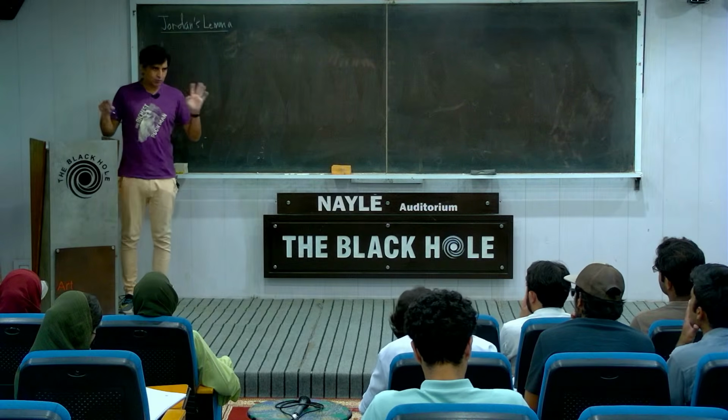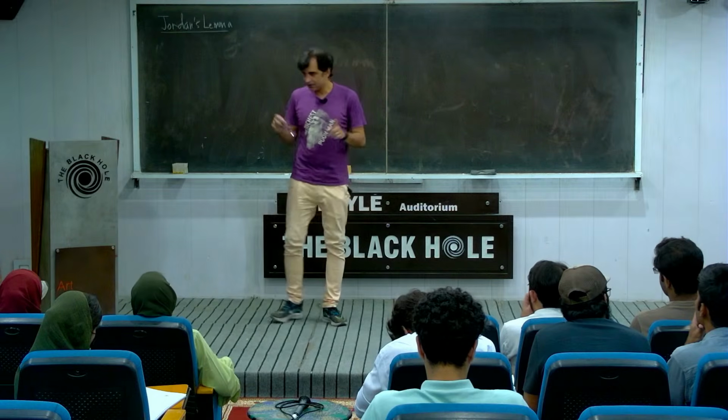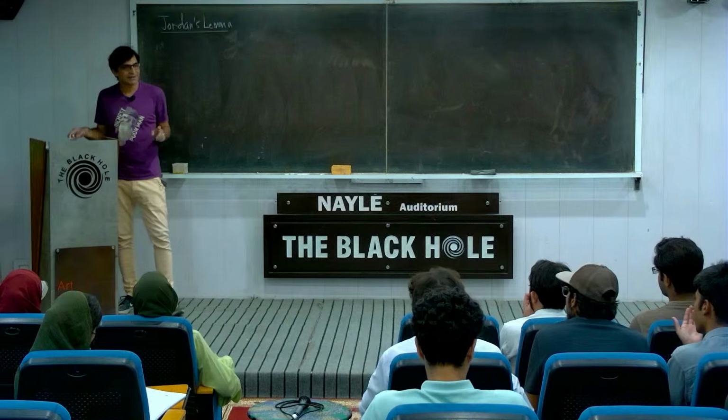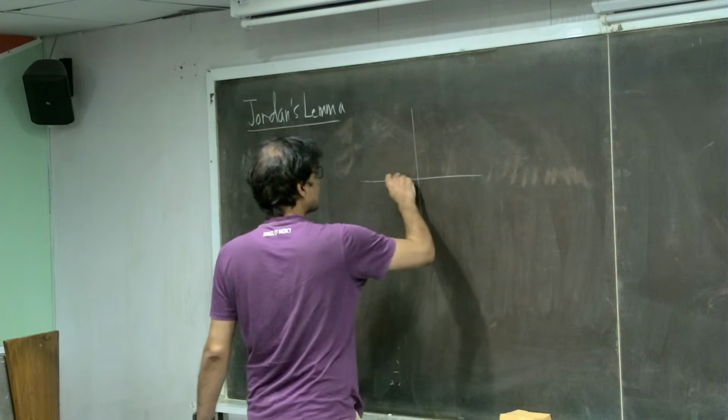I guess it's the French name, so it's Jordan's lemma, whatever you say now. For us, it's Jordan's lemma. You have to check three conditions before you apply this lemma to calculate the contour integral of any function. The first one is, do you want me to write that, or I can just state that. Suppose you have a function f of z that is analytic